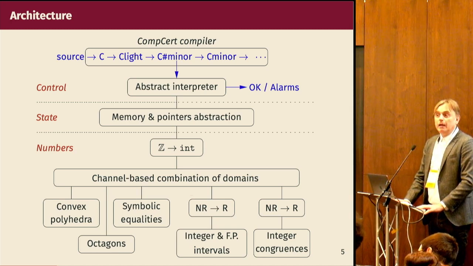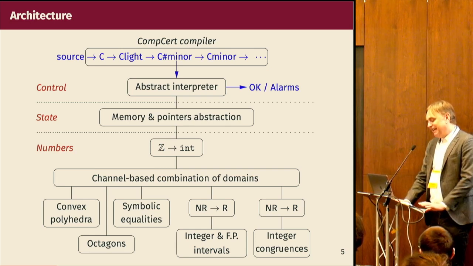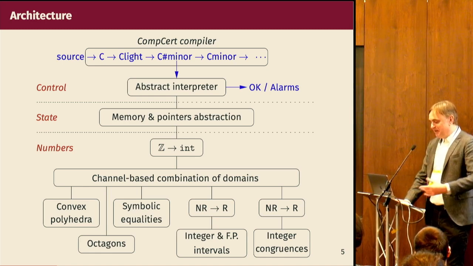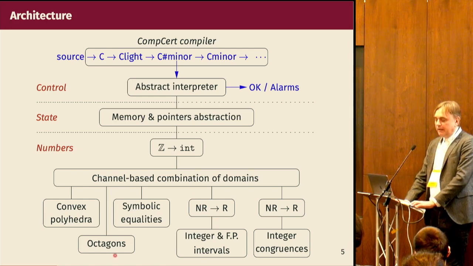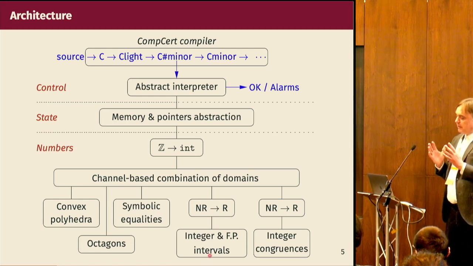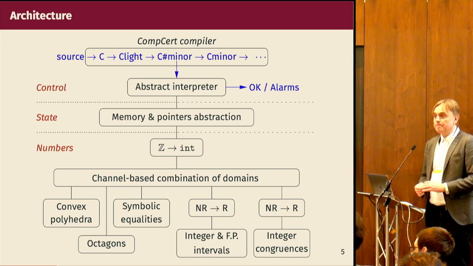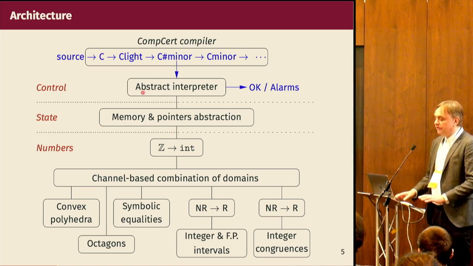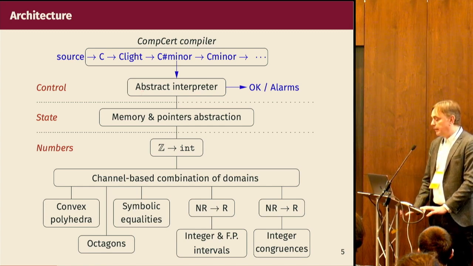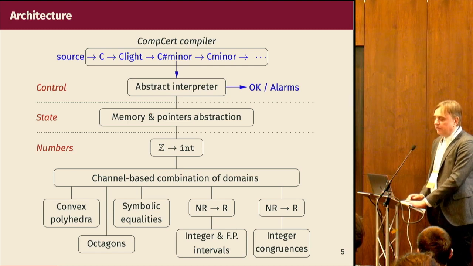How can it be 30,000 lines? You mean, that's a big number? Oh, no, that's pretty small. Well, I cannot give you a breakdown between specification, code, and proofs. I think some algorithms here are pretty subtle. Just a good integer interval analysis is already a lot of code because there are plenty of cases to consider. Are all of these covered by the 30,000? Oh, yes, absolutely. The abstract interpreter itself is maybe 500 lines of code and 1,000 lines of proof. That's pretty easy. I think that the difficulty is really in all those numerical things.